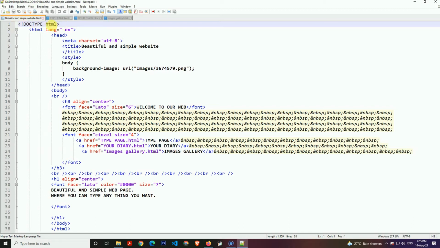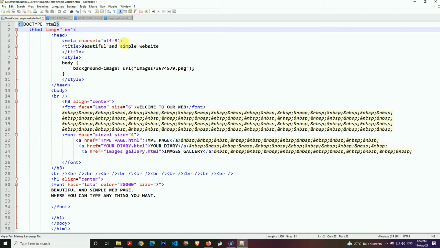You might be thinking, why have I put doctype html first? Because this doctype html is the main concept of this file. And here we go with our html tag. Then we have to put lang equals en. Then we put the head tag, and you have to put the meta charset too. This is the main one. If you do not put the meta charset, this program couldn't work.